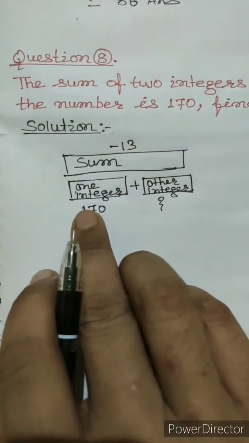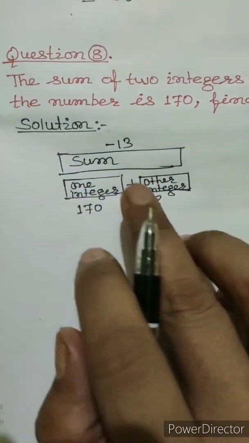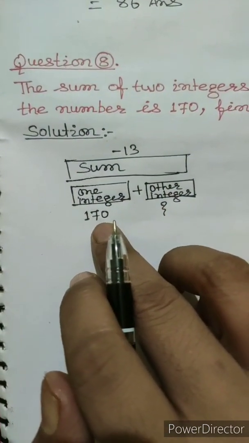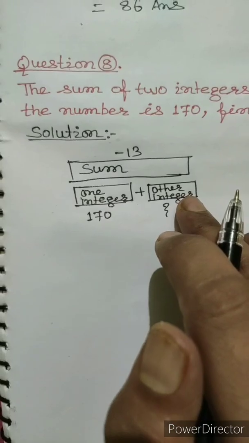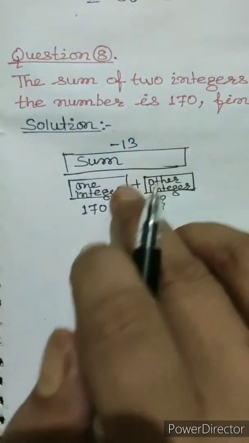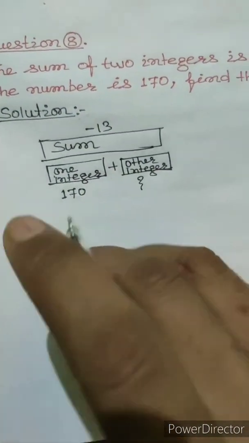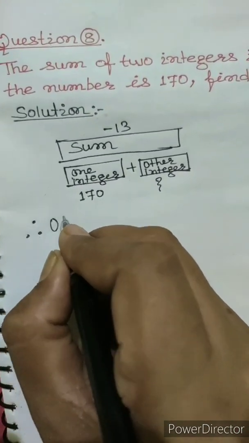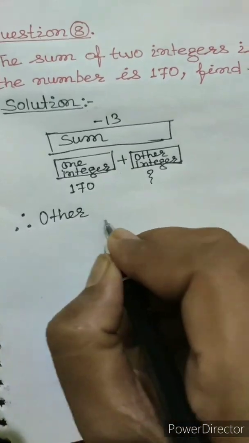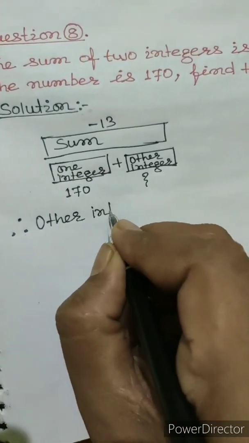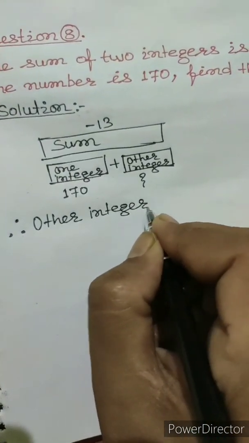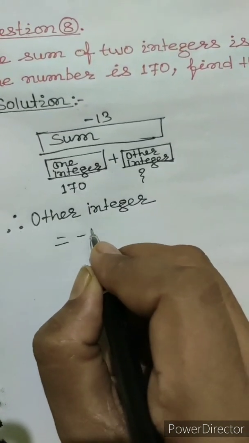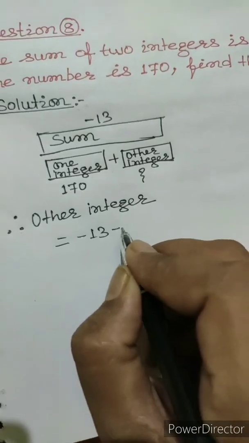It means the sum of 170 and this integer equals minus 13. So now you have one integer given, 170. You need to find the other integer. So what will you do? From minus 13 you will subtract 170. Yes or no? So therefore, other integer equals minus 13 minus